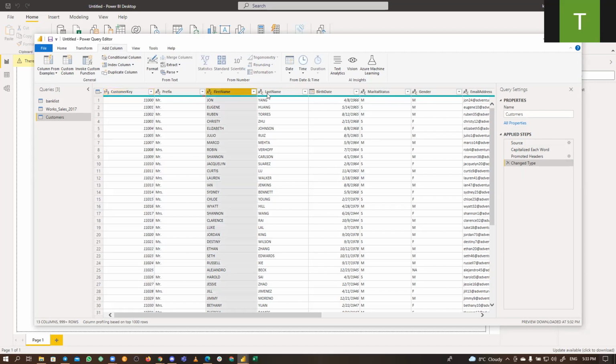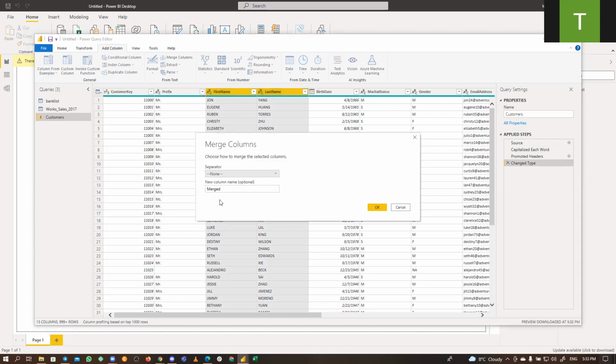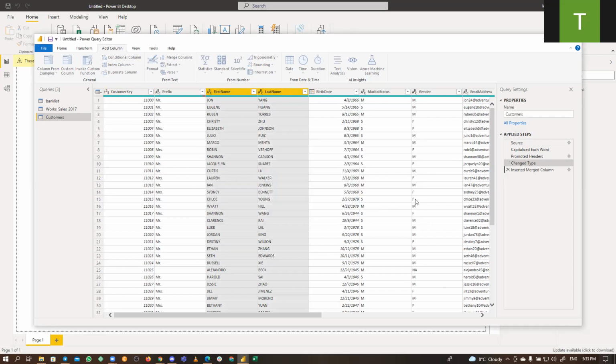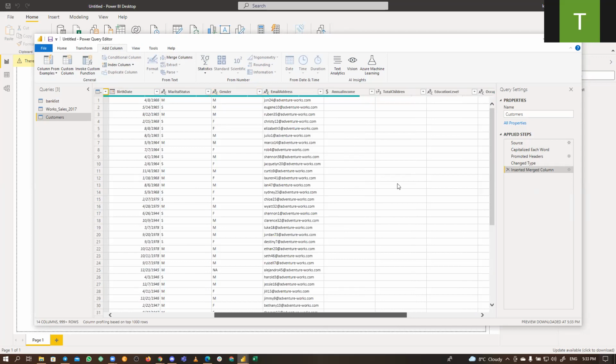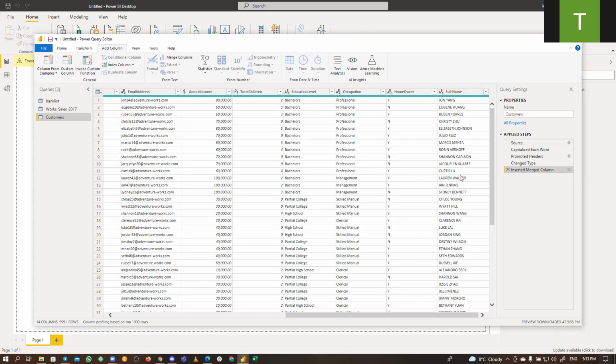So once I click on this again, because I'm under Add Column, and I try to merge, you can see that it does the same thing. I'm using a space and calling it full name. It created a new step, which you can see here, Inserted Merged Column. If I go here, you can see that a new column has been added. You can see the difference now between Transform and Add Column. I think that should be clear.